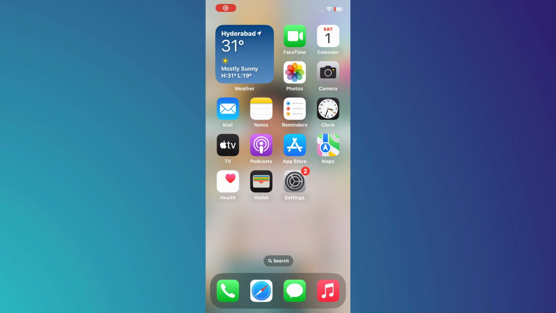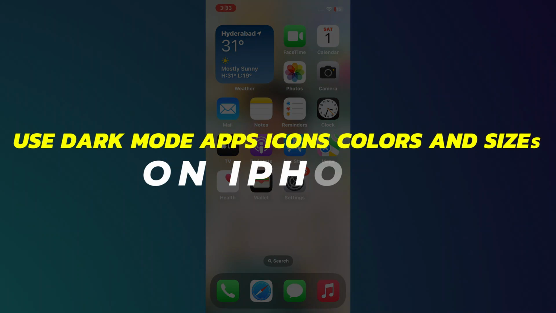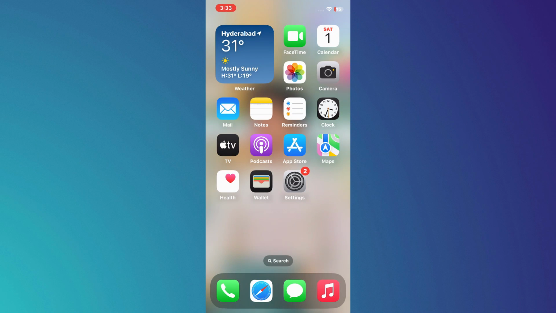Hey guys, in this video, I will show you how to use dark mode apps, icons, colors and sizes on iPhone. Alright, let's begin. So Apple introduced a new way you can customize your app icons with new dark mode